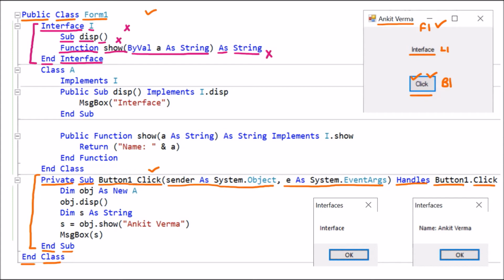So we know that interfaces don't have the instance variable. It have the member functions or the procedures, prototype only, but implementation is not provided. And who will provide the implementation? The class who will implement the interface will provide their implementation. Then after that, we have created a class. This is class A and ending with the end class. So this is the boundary of class A.